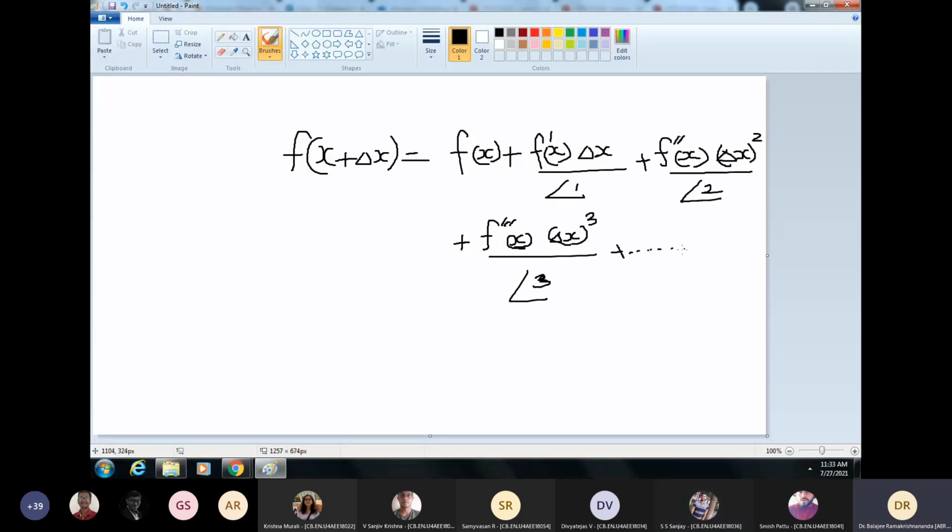Now what you are doing is, yeah. All of us tend to forget things if you are not in touch for a long time. But it's good to refresh, because if you want to be in this field, you have to know this. At least for this course, you have to know this. Now, if you take only the first two terms and you chop off everything after this term, this you ignore.